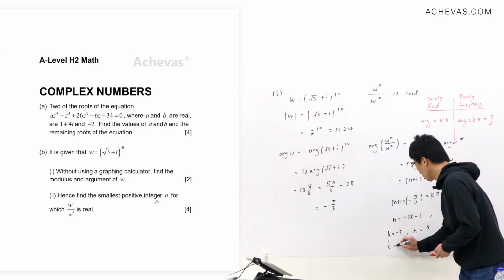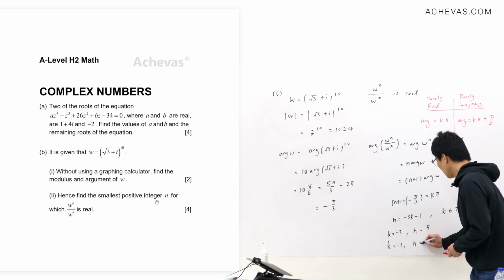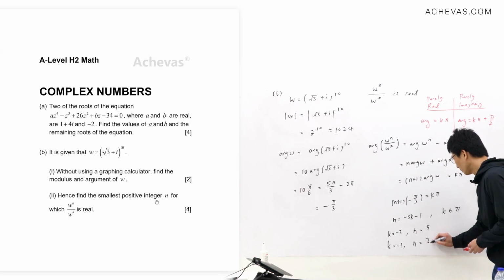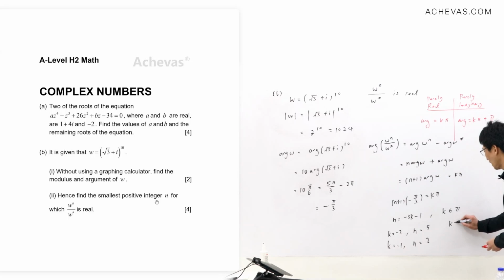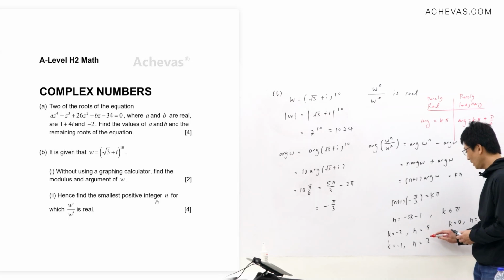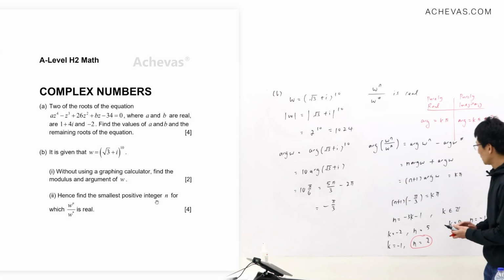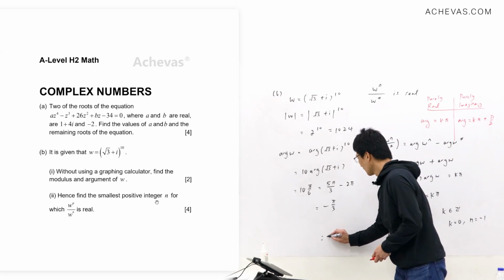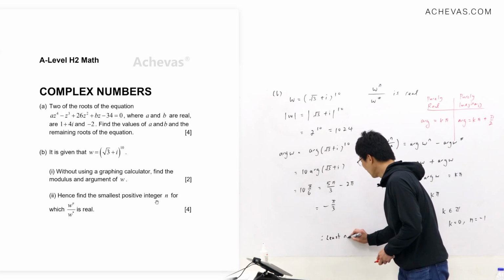When I sub k equals minus 1, I get n equals 2. And when I try to sub k equals 0, I'll get n equals minus 1. So by trying our first few values, we will know that our required value of n is this. So therefore, this n is just equal to